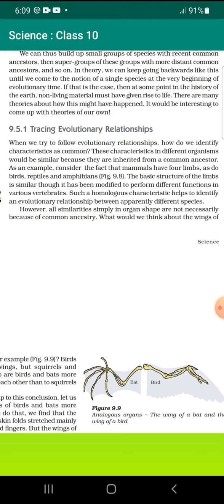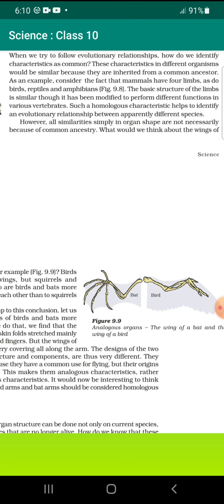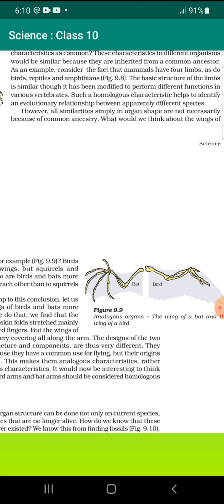Tracing evolutionary relationships. When we try to follow evolutionary relationships, how do we identify characteristics as common? These characteristics in different organisms would be similar because they are inherited from a common ancestor. As an example, consider the fact that mammals have four limbs, as do birds, reptiles, and amphibians. The basic structure of limbs is very similar, though it has been modified to perform different functions in various